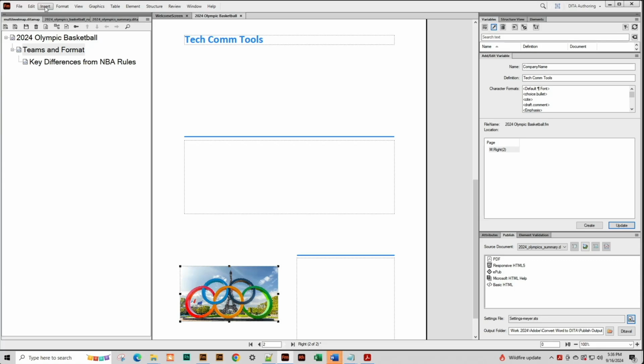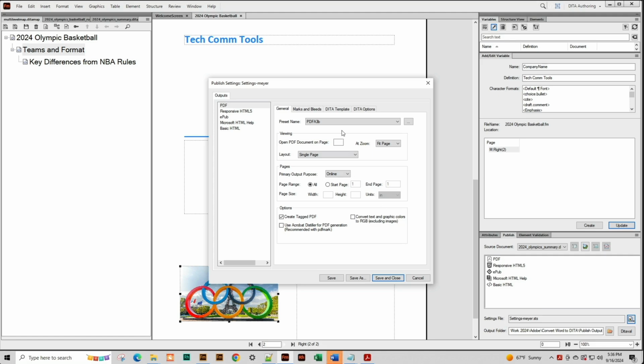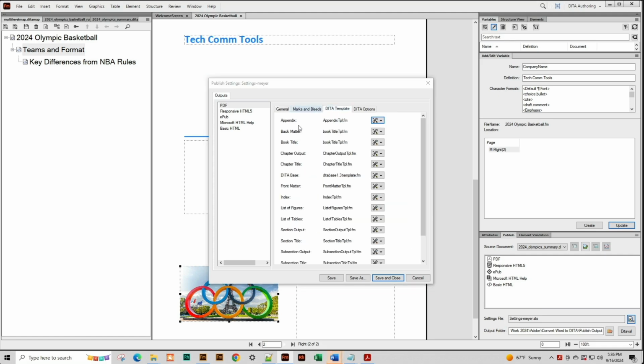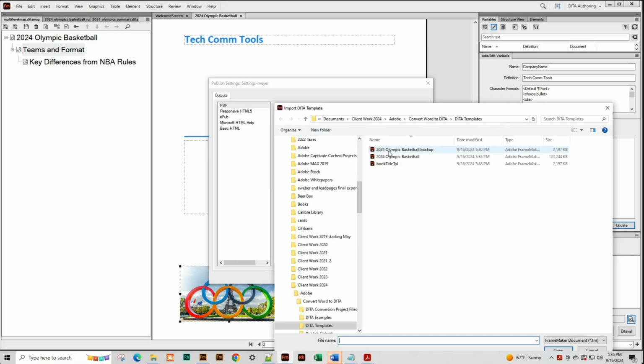And if I import by reference, then the location of the original imported file is going to remain static, but the location of the FrameMaker file will be in another directory. And it really doesn't make a difference in the long run whether it's imported by reference or copied into document, since the bottom line is the PDF will contain the same size image using both workflows. All right, I'm going to save my changes, then go back to the Publish panel, choose Edit, DITA Template, Book Title, and this time do an import. Bringing in the Olympic basketball template,